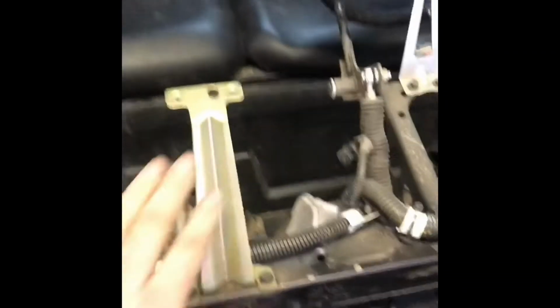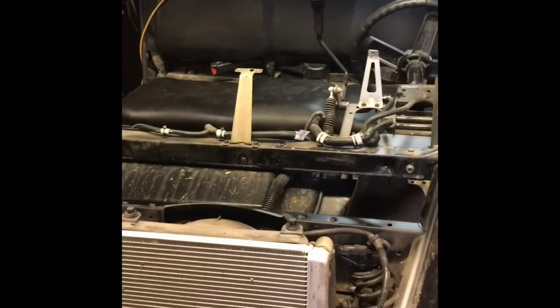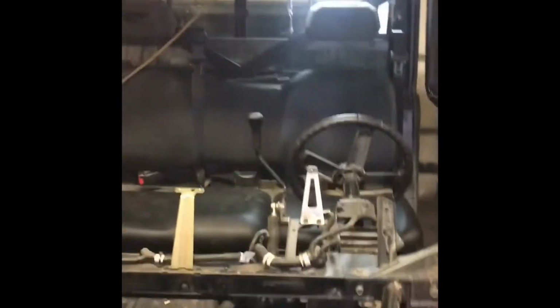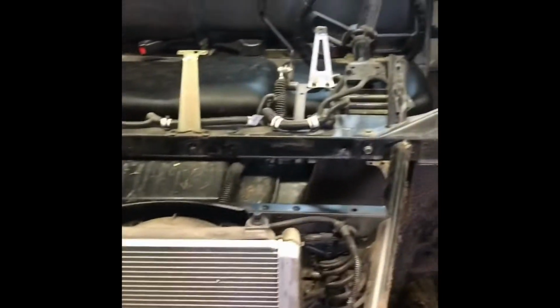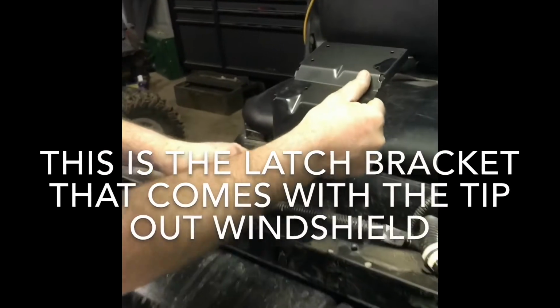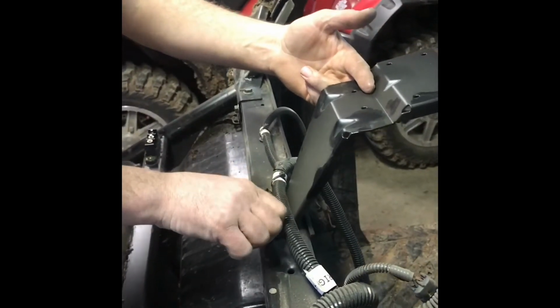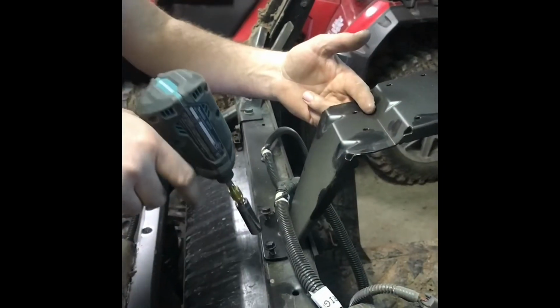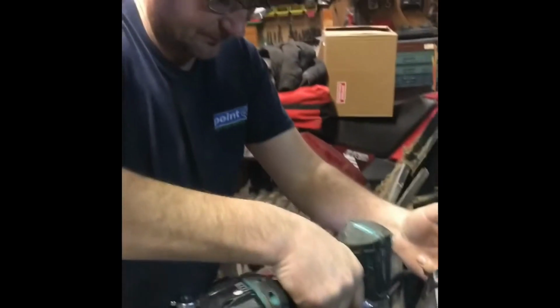And the next thing we'll do is we'll get rid of this and make sure we get that mounted before we put that back, because those are so hard to get to when you're installing the windshield. It's just best just to do it all at once. If you're going to do a heater, a wiper, windshield, electrical, winch, do it all at once. Alright, so this is so much easier to do right now, and I'm doing it first so I don't forget, because believe me, I have forgot. And it sucks when you forget to put the